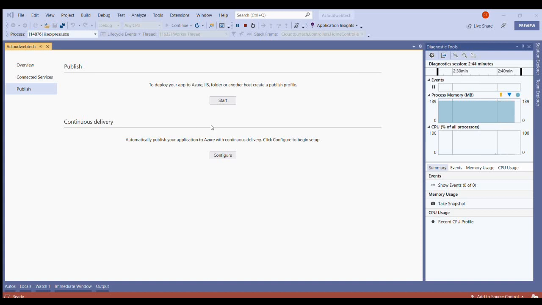We have to select the resource group here, in which resource group we have to deploy that. As soon as we select that, it will show the resource group here. I have a set resource group for it. And if we want to deploy to any existing application, we can select it, but I'm going to create a new app service. For that we have to click on new app service, and I'm going to give the name of the app service. Our web service is cloud tech. This is what I'm going to deploy.